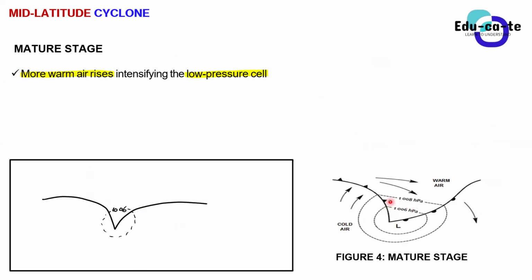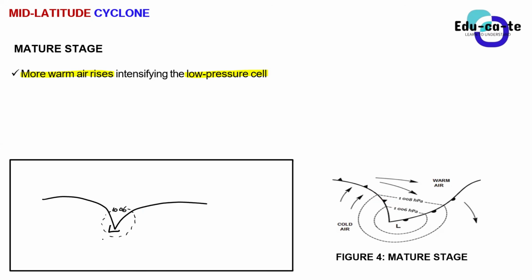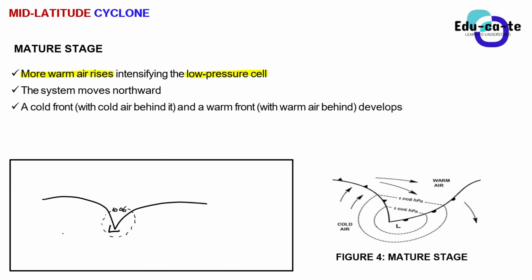It's fine. Let's not mind too much of the numbers because during the mid-latitude cyclone, the numbers are not questioned too much. But when we get to the tropical cyclone, please always read these numbers. For now, in the mid-latitude cyclone, let us just say in the mature stage, we have got an intense low pressure cell. There's an L here. Whenever you see an L that is written like this, it means that this is now an intense low pressure cell. But that is not really enough evidence for you to say that this is a mature stage, right?